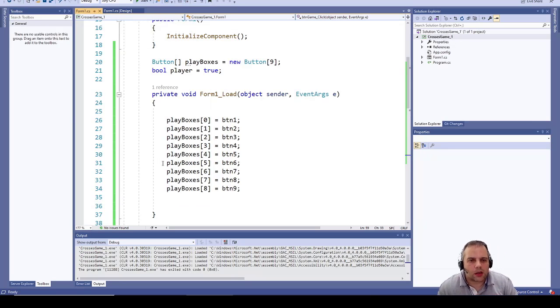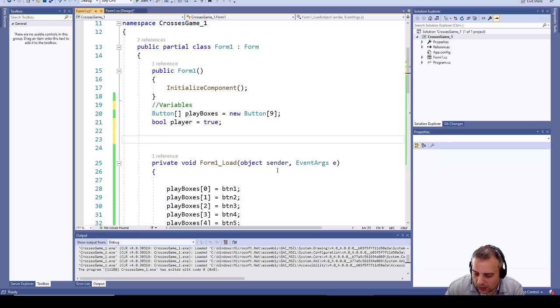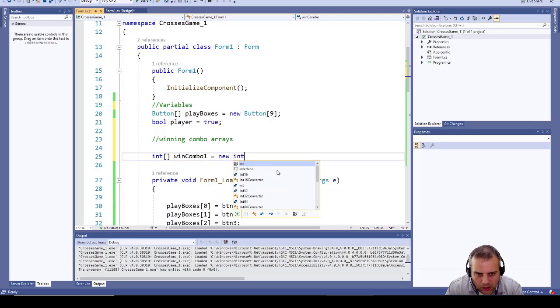Okay, so we're going to start thinking about if we've won or not. So we've created a couple of variables up here. We've got play boxes and the boolean. So here are our variables. Let's just create a note. This is where our variables are going to be, and we're going to create a bit of a bigger combination of variables. Now we're going to call it winning combo arrays. So this is an integer array, and we'll call this win combo 1, and this is a new integer array,